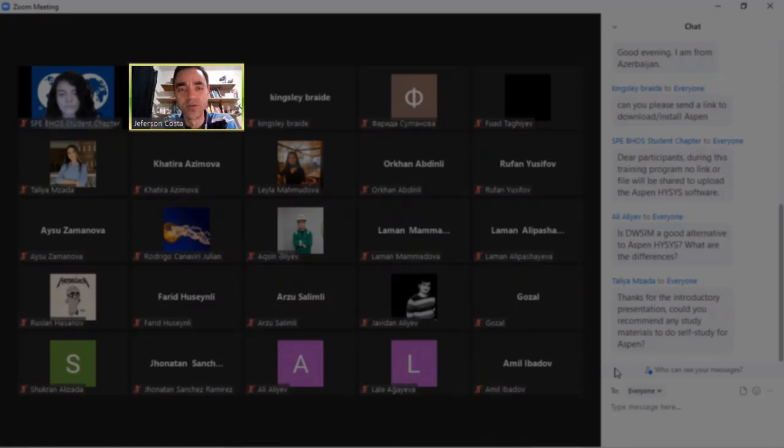And if I go to Aspen HYSYS, if I go to UniSim or ProMax, for instance, they have this kind of data bank available for the process engineer to work with. So this is the kind of issue that we may have with DWSIM. For standard or normal streams or components, you will have that in the data bank. But when you need something more specific, eventually you will not find it there.